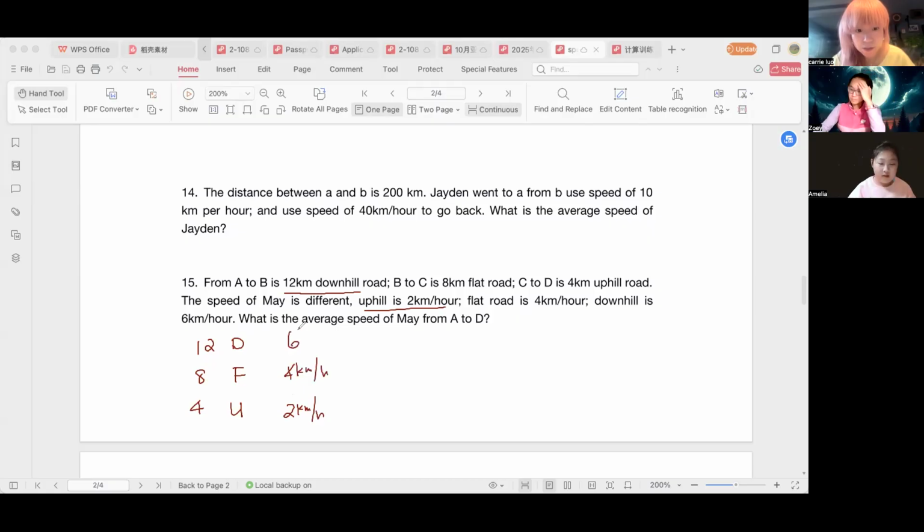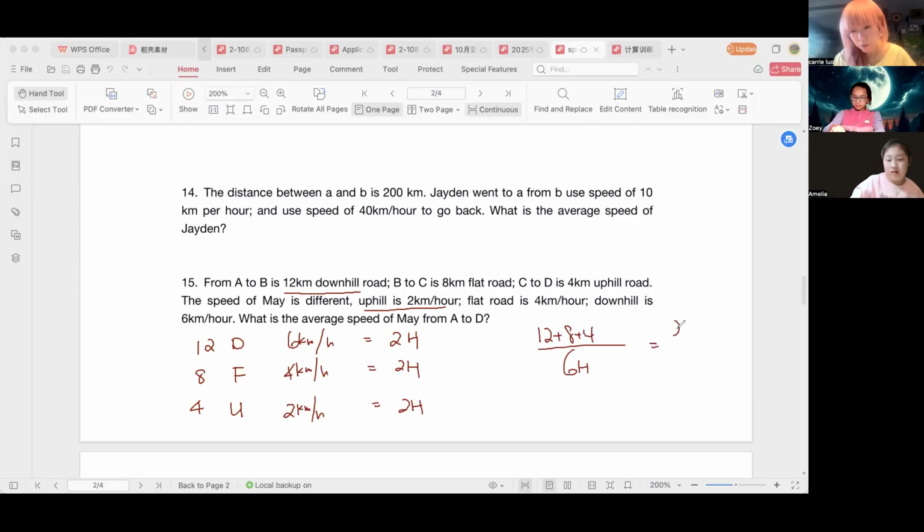And down here is 6 kilometers per hour. Oh, never mind. I noticed my mistake. Okay, so 12 divided by 6 equals 2 hours. 8 divided by 4 equals 2 hours. And 4 divided by 2 equals 2 hours. So altogether, they're using 6 hours, right? And 12 plus 8 plus 4 equals 24, divided by 6 equals 4